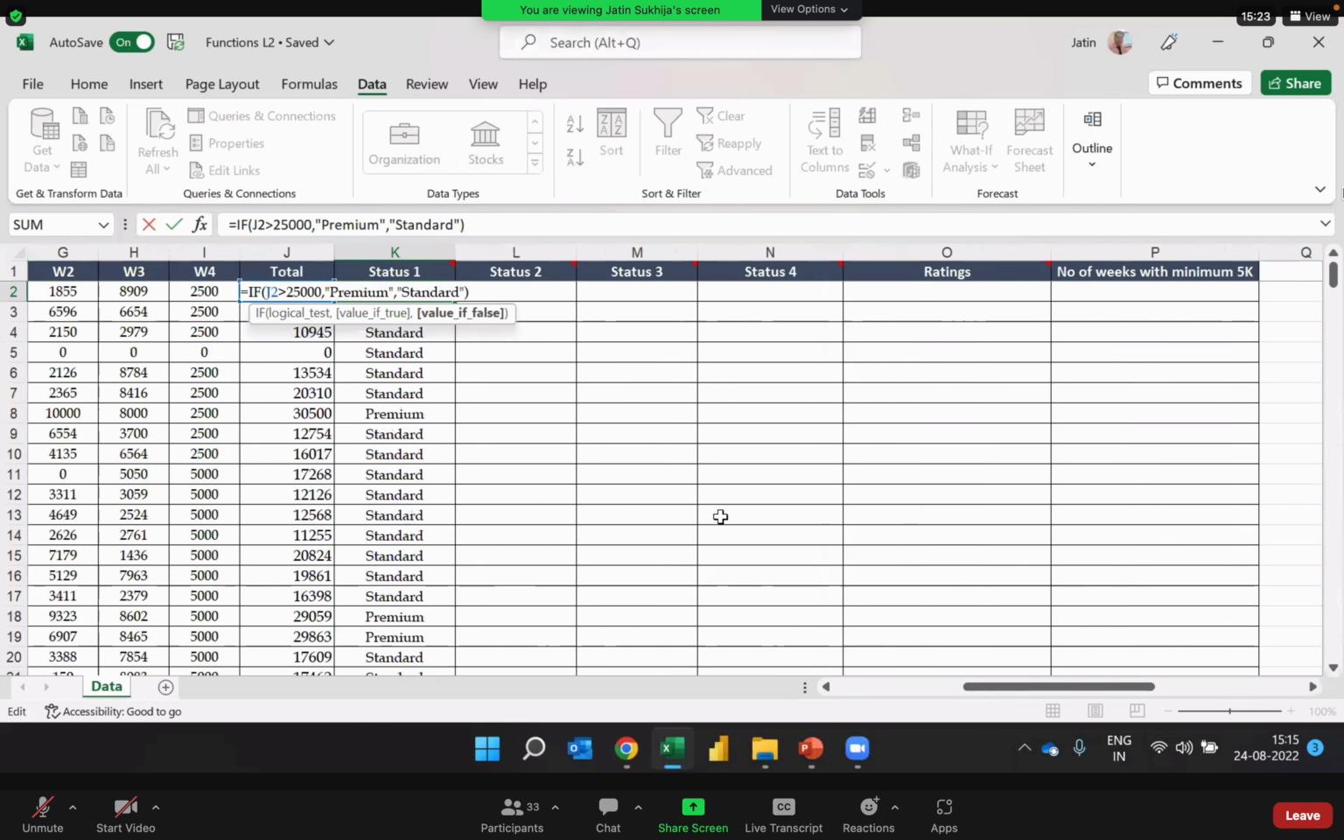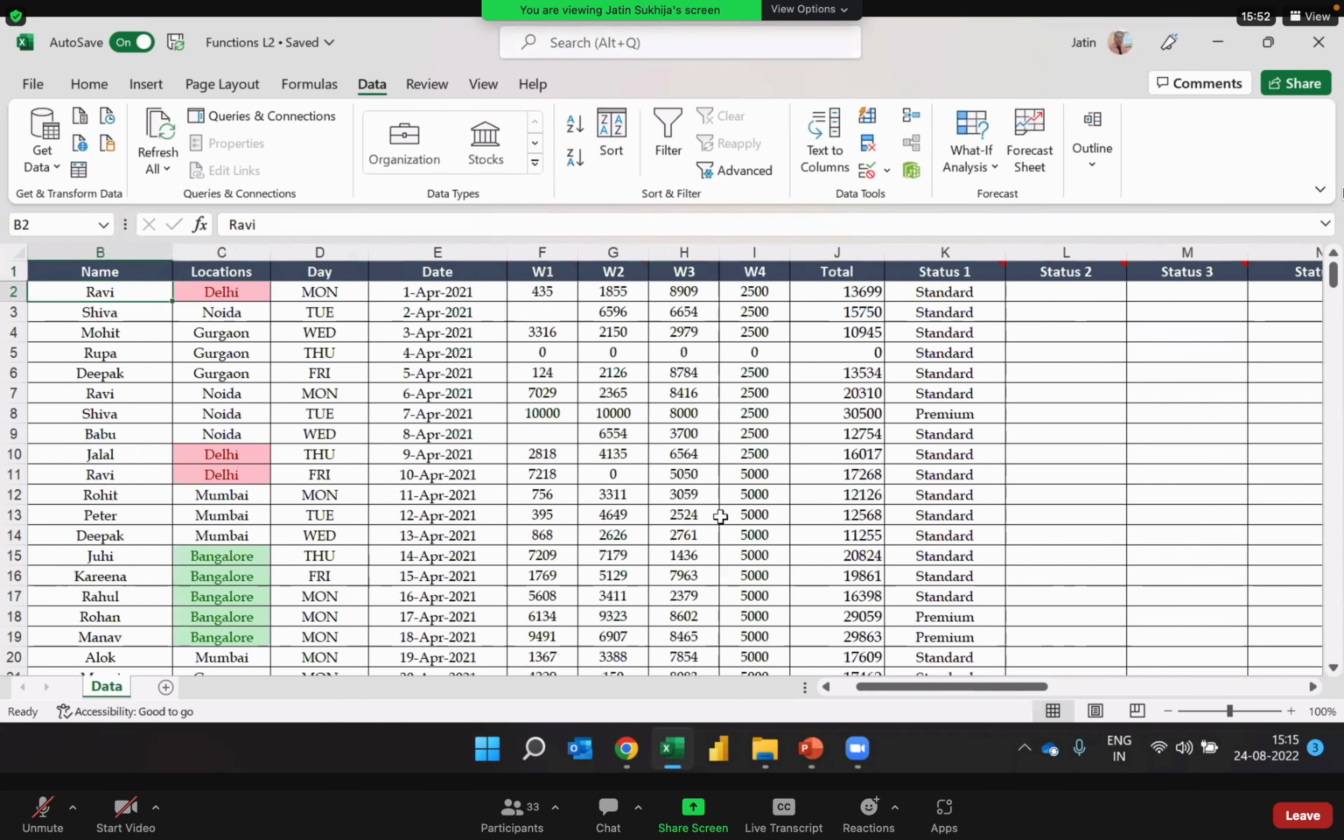Got it? Yes. If function: if the condition is true, what is the value you want? Else, what is the other value you want? Once I have done this, you can see here, few IDs are premium and few IDs are standard. Now, if I go to status 2,